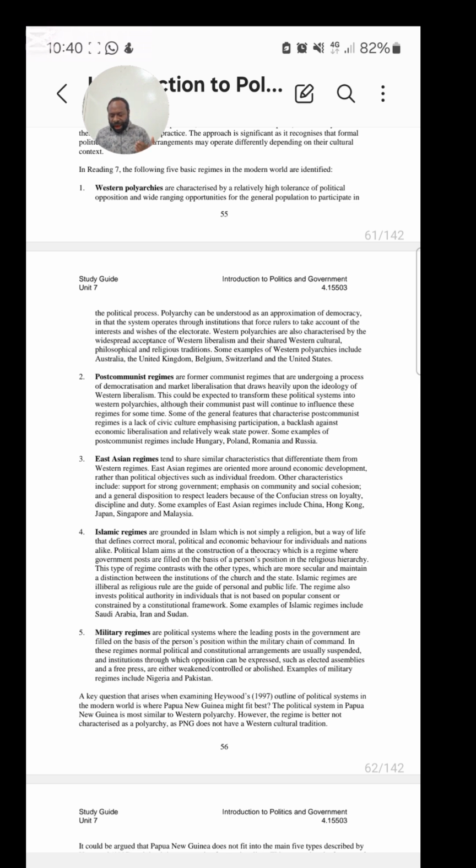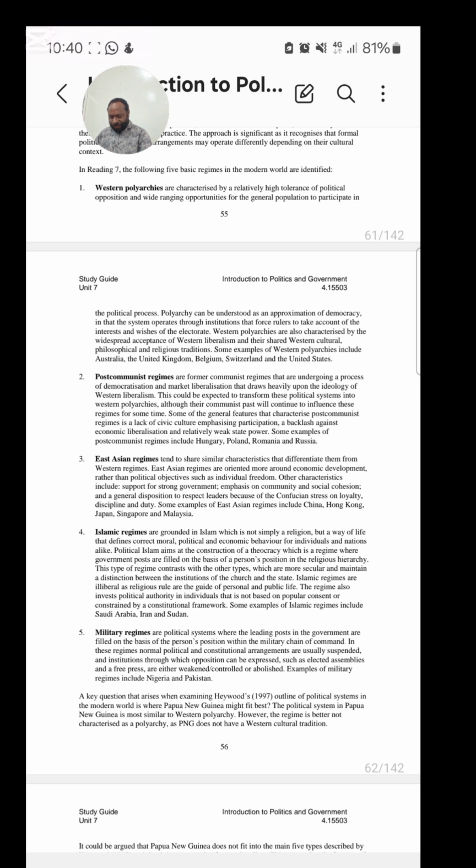So there is high tolerance of political opposition, meaning that in any democratic or Western polyarchy country, you would see that there are opposition views towards the rulership or the government. And that is a norm, meaning that you would commonly find opposing views in those countries. And another important